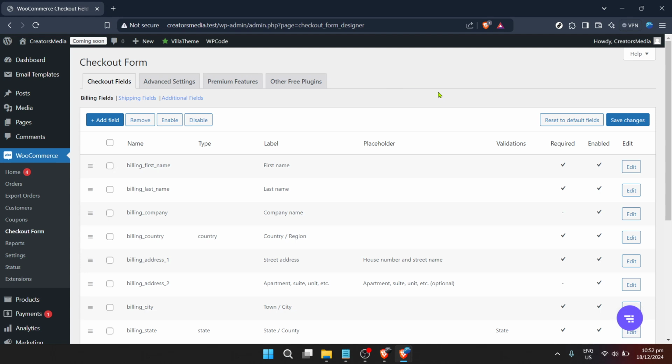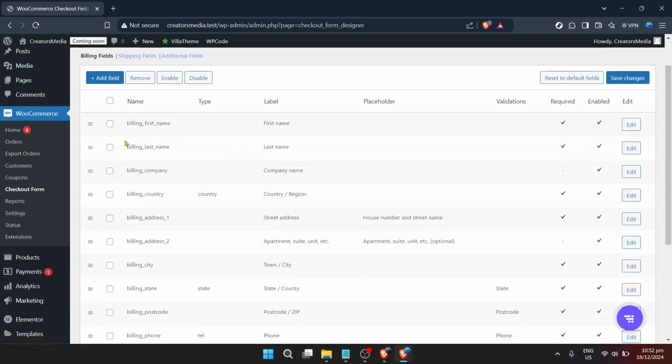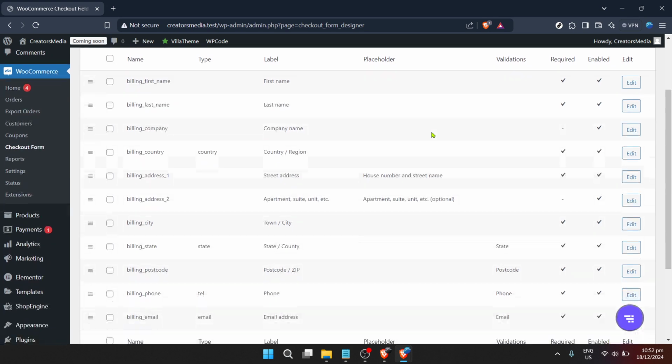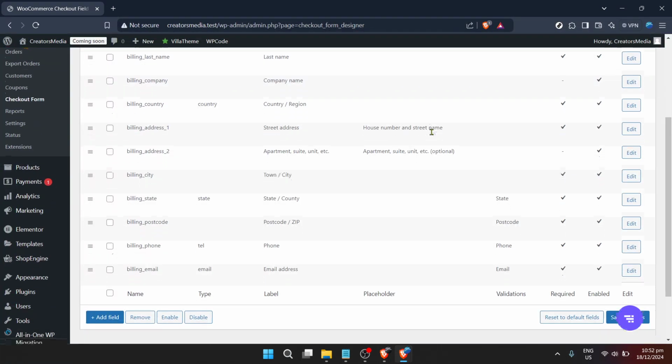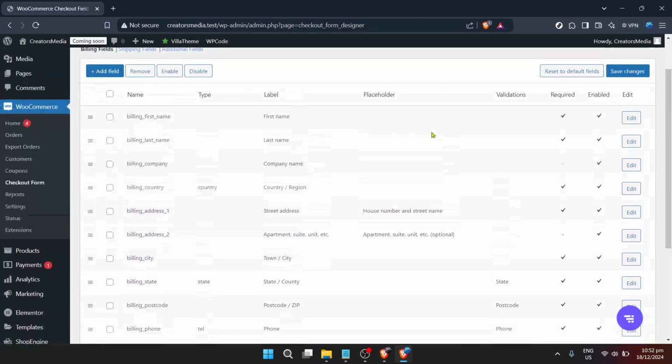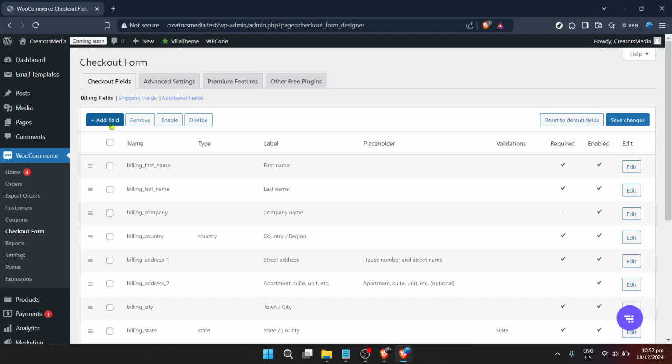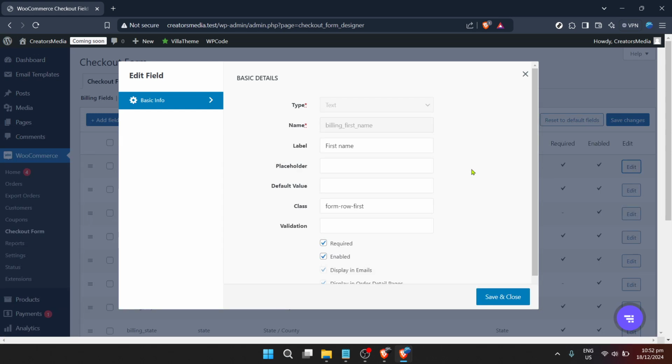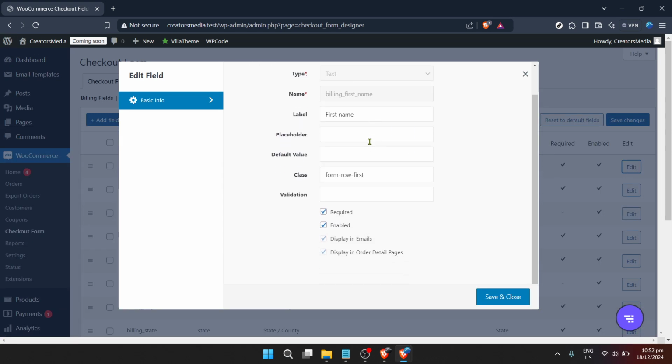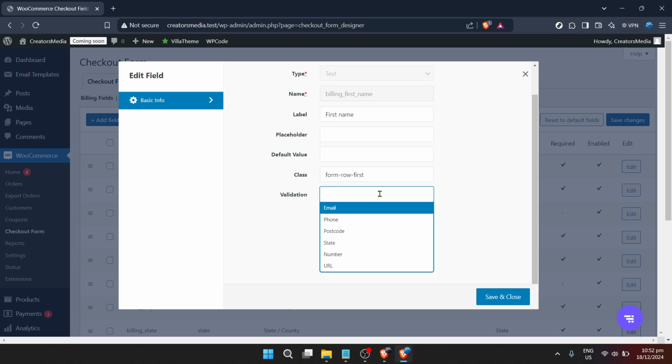Once activated, you'll need to navigate to the settings of your newly installed plugin. This step often varies slightly depending on the plugin, but generally you'll find a settings link directly under the plugin name in your installed plugins list, or integrated into the WooCommerce settings area. Here you enter the configuration phase, where you mold the plugin's features to fit your needs precisely. Your prime destination within these settings is the checkout form section.